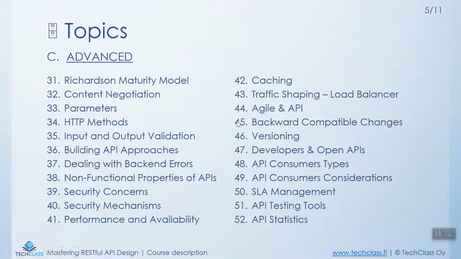API design, and what backward compatible changes are, the versioning concept, developers and open APIs, and API consumer types, API consumer considerations, SLA management, which is also a very interesting topic, well, all of them are. And then API testing tools and API statistics. So we're going to cover almost anything related to the fundamentals of API design. And then let's see how it goes with the